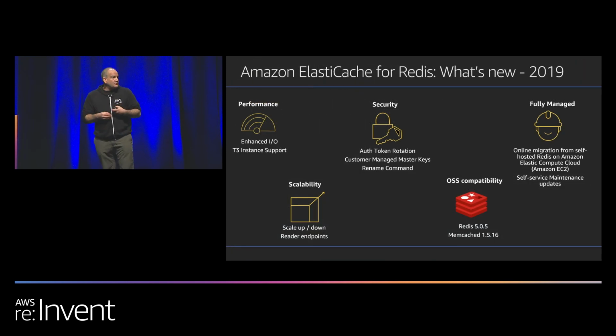So to summarize what we've talked about: maximum performance, minimal headache. The things that we focused on this year are really rounding out the product, making sure it meets scale, performance, security, and compliance needs, as well as meeting open source compatibility and making sure that we're able to release the latest and greatest in a very predictable and fast cadence.